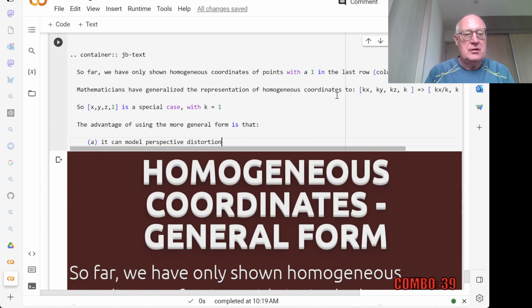Now, perspective distortion is something that is not an affine transformation. It's the effect of any camera with a lens that objects that are further away from the camera look smaller. That depends on the distance between the object and the camera, and that determines the size. In order to calculate that, you need to do one division, based on the distance of the object to the camera. Using homogeneous coordinates in the form kx, ky, kz, k allows us to do that very naturally,